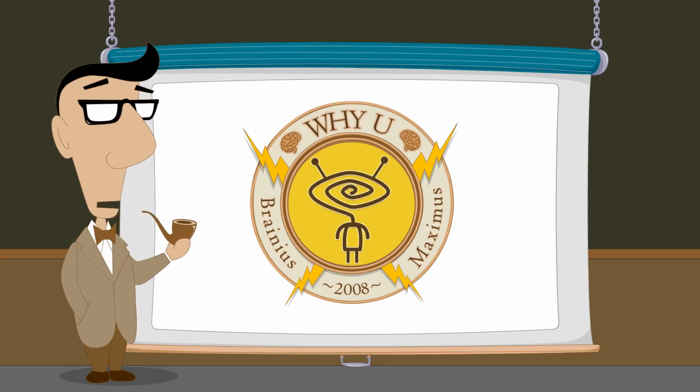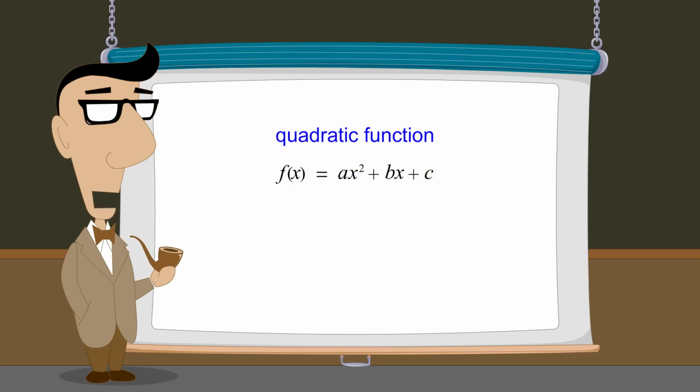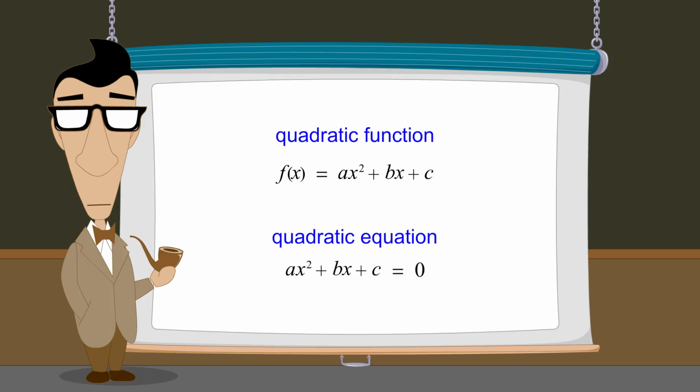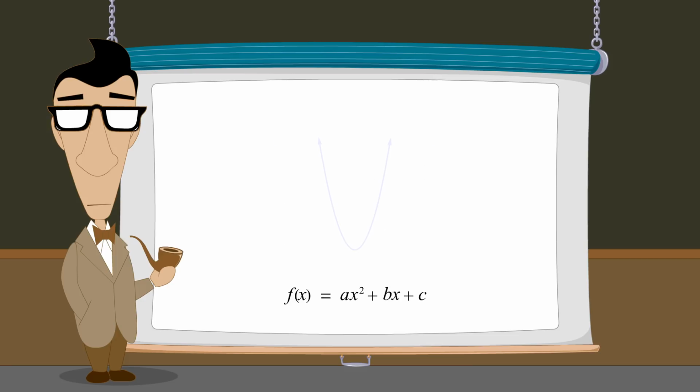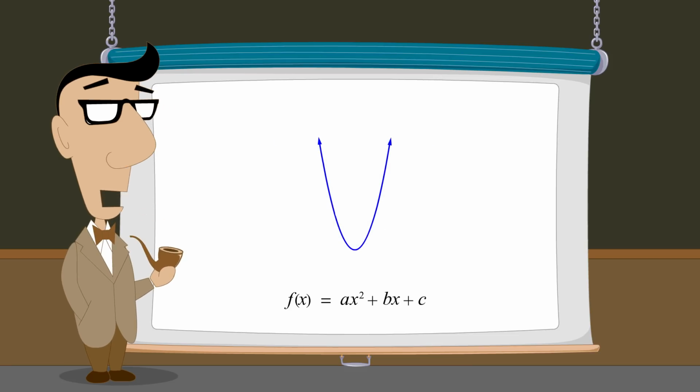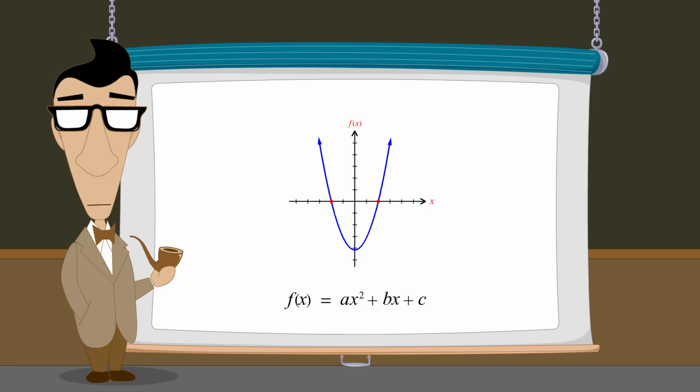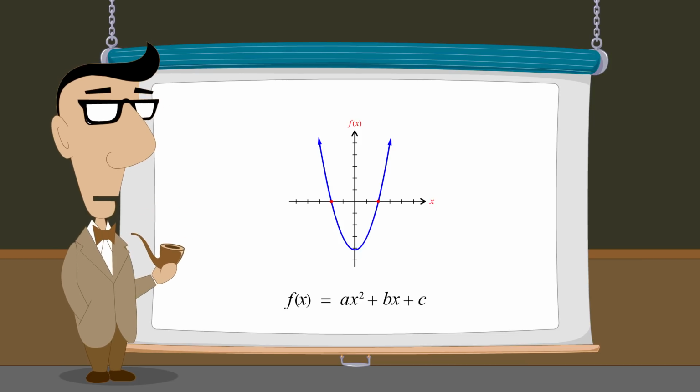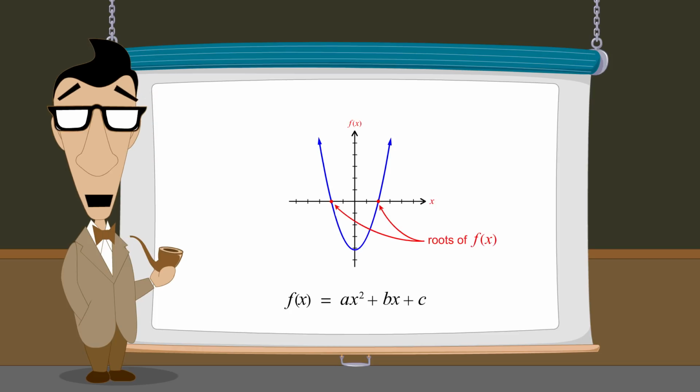So far, we have introduced quadratic functions and quadratic equations. We have seen that the graph of a quadratic function of x is a parabola. And by setting that function equal to 0 and solving the resulting quadratic equation, we can find the values of x where the parabola intersects the x-axis. In other words, the parabola's x-intercepts. These values graphically correspond to the zeros or roots of the function. So let's take a look at the different ways that a quadratic function of x can intersect the x-axis.